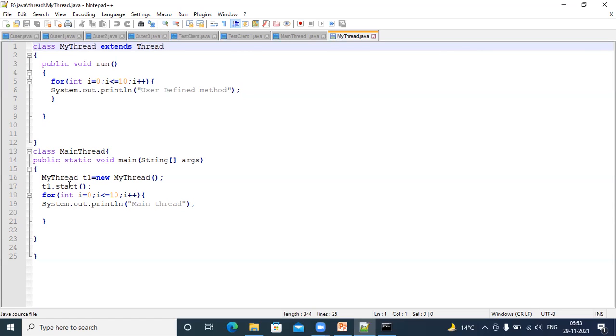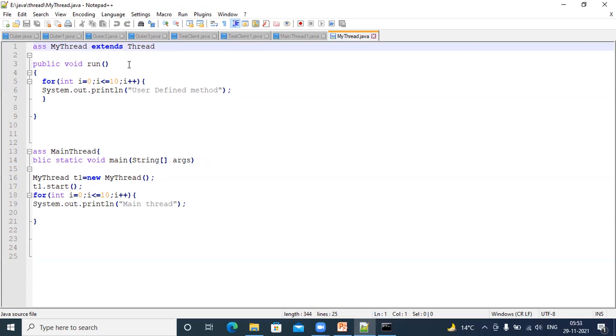The start method we are calling is of the Thread class, and the start method is calling the run method. We are overriding this run method here, so this run method is going to be invoked. The start method directly calls the run method implicitly. So this run method is going to be executed.